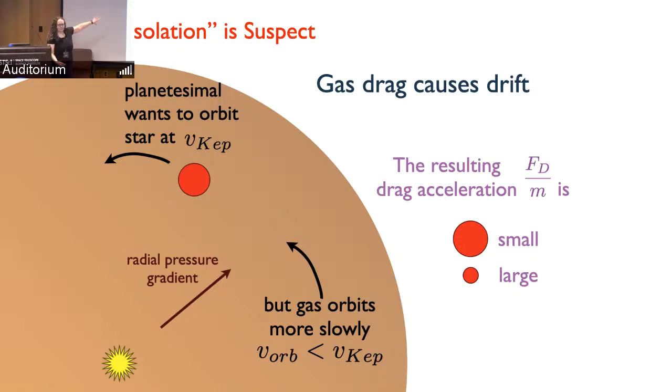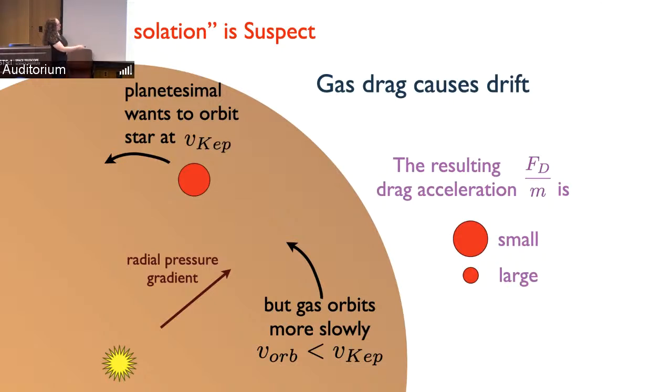Isolation, as I formulated it in those classic planet formation theories, I think is dead. Or at least you have to resuscitate it if you want it. You have to have a reason why you're allowed to do that when we know that gas drag causes small solids, people often call them pebbles, to drift. They can be fluffy aggregates. They don't have to be like what we think of on Earth as pebbles.